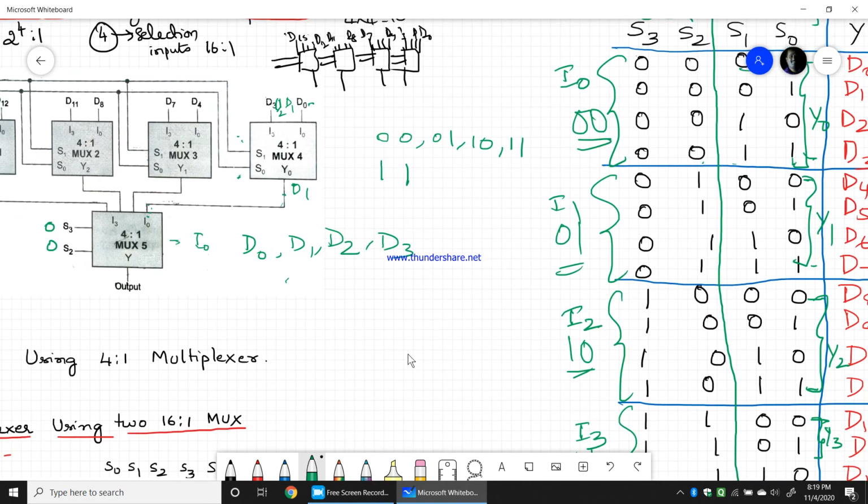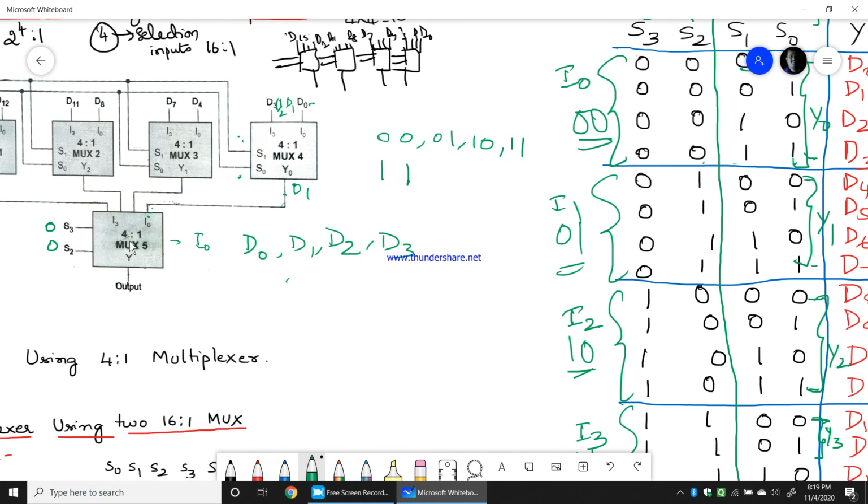So now what is the second explanation? Now this 4:1 mux S2, S3 will remain as 0, 1 now. Therefore S3, S2 will be 0, 1. Now when it is 0, 1, I2 will be selected as an output here. Sorry, I0 is over. So I1 will be the output which will be selected. So I1. Now what happens? I1 is the output given from this mux now. Right, the output given from the second mux. Now D7 will be the output given to I1. Based on this 0, 1, I will get D4, D5, D6, D7. Based on again S0, S1 varying from 0, 0, 0, 1, 1, 0, 1.